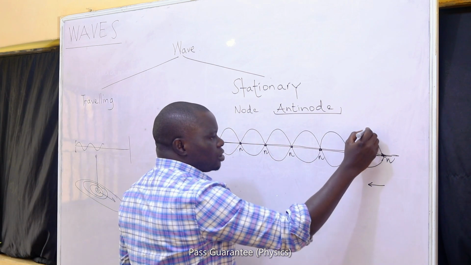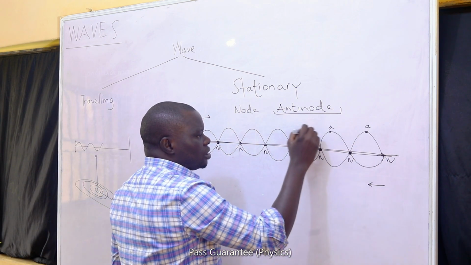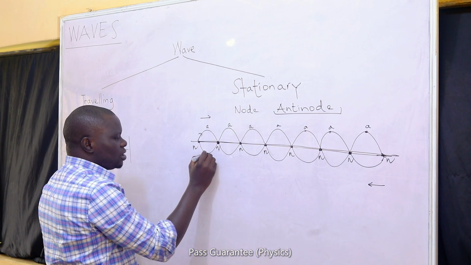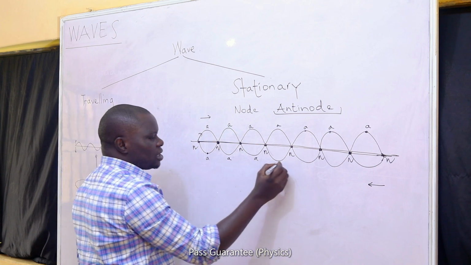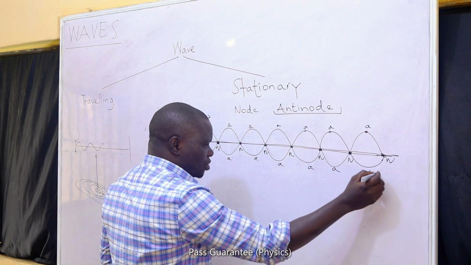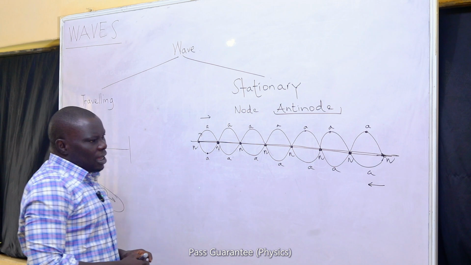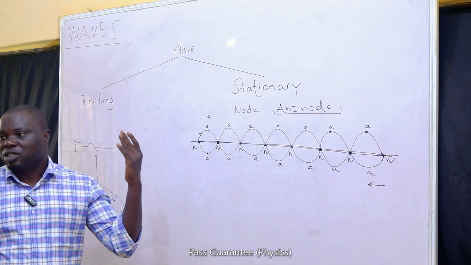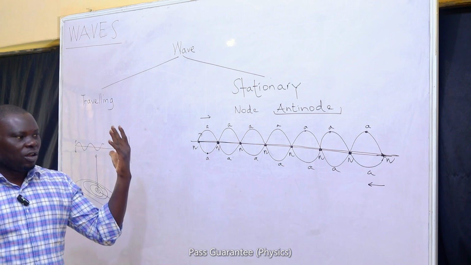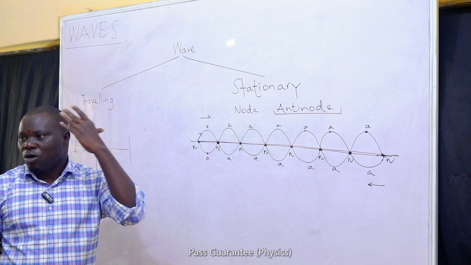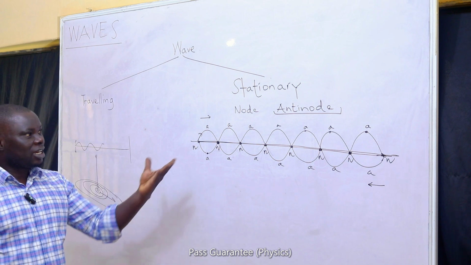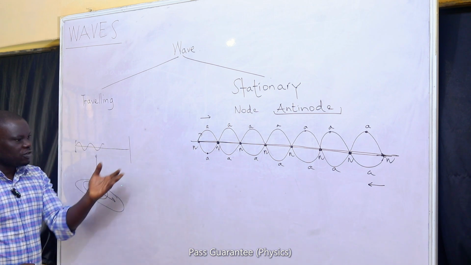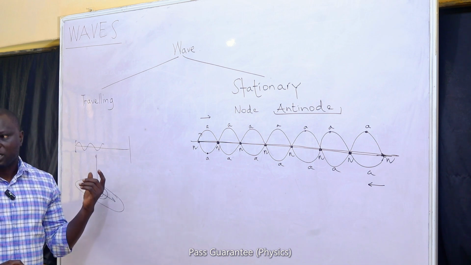So this is an antinode. This is an antinode, and this, and this, of course, also an antinode. Don't confuse the antinode with what I said about transverse waves earlier. Those are crest and trough. And crest and trough occur only for transverse waves. Transverse waves are not stationary waves. They do not take this form. They are just one single wave traveling from one point to another, perpendicular to the direction of vibration